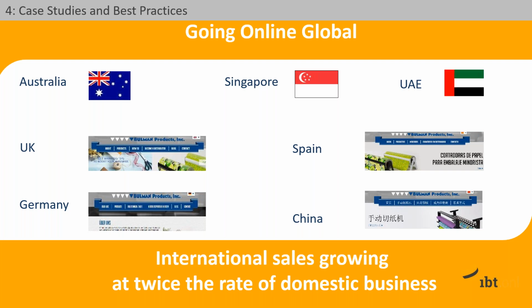And that's been a really great success for them, and they've since expanded from the UK and Germany side. They've expanded now elsewhere in Europe, but also China and Australia and other markets as well. And their international sales have now really picked up and are growing at more than twice the rate of their domestic sales, having come from a very static position. So they're very pleased with that rollout. And I think the key here is, again, defining the right strategy for the markets and the right goals for the markets.